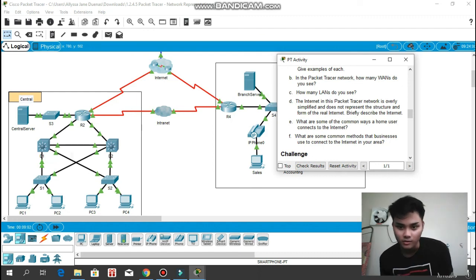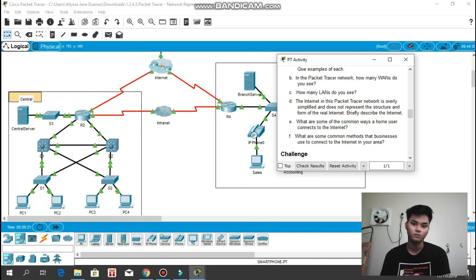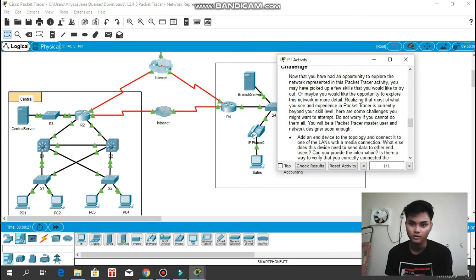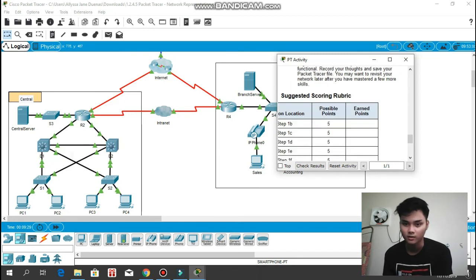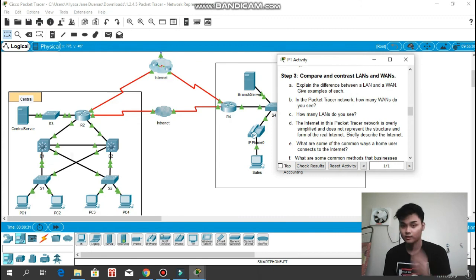What are some common methods that businesses use to connect to the internet in your area? So here's the last question. What are some common methods that businesses use to connect to the internet in your area? So, wide area network. We will not